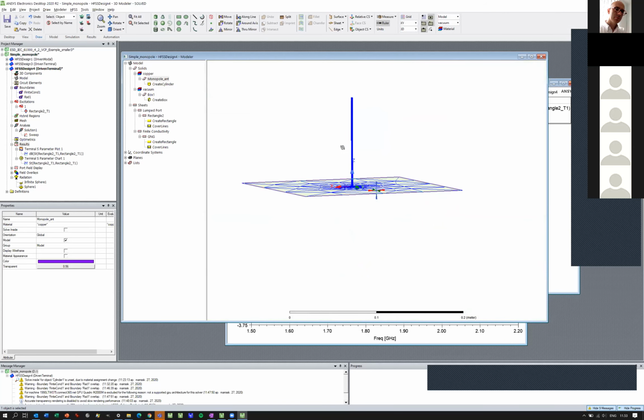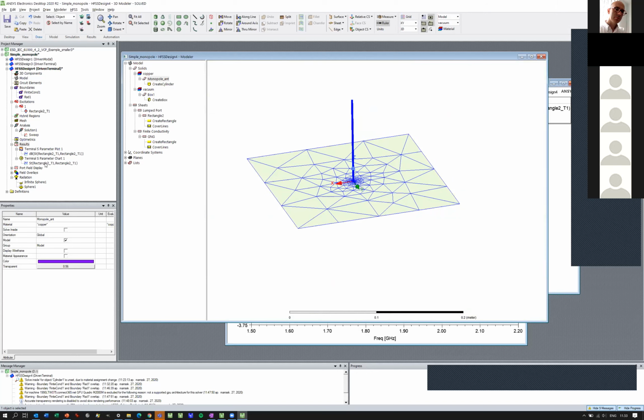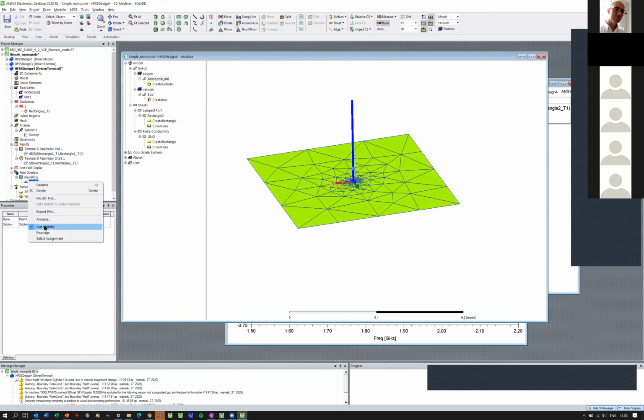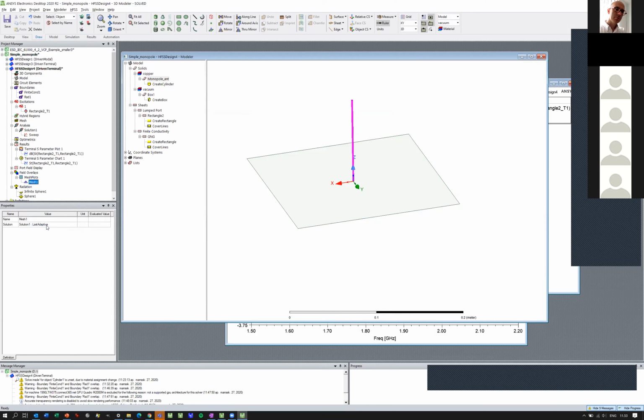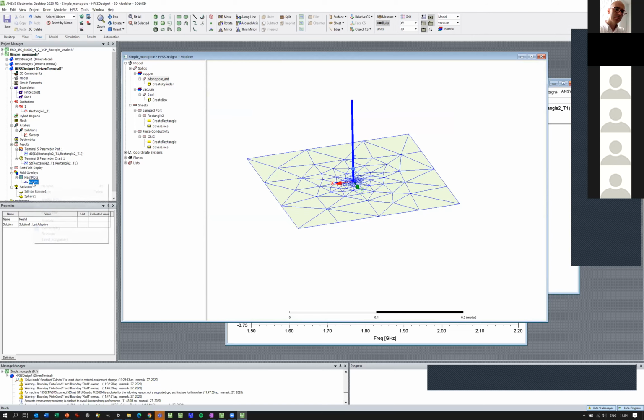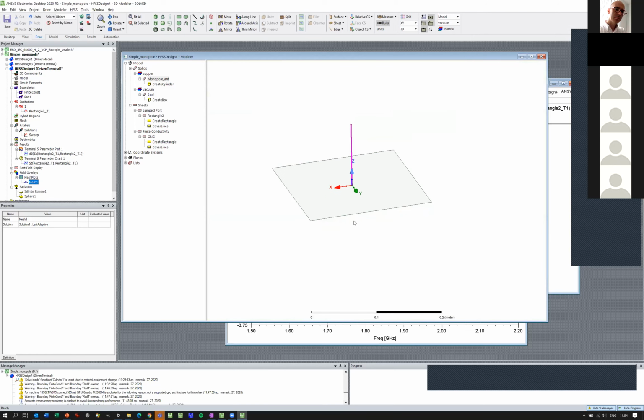So basically this is the mesh, and we can see all these plots we are doing here. I can activate or deactivate it under here, field overlays. So I switch it off, and this is the plot visibility back. So that's one way. If I need to know a little bit more about my antenna,